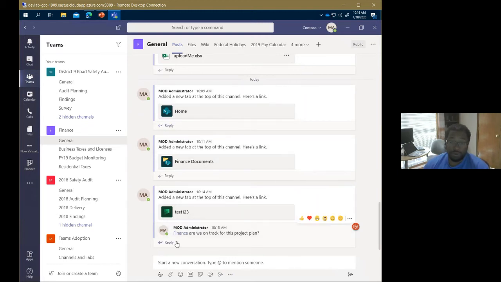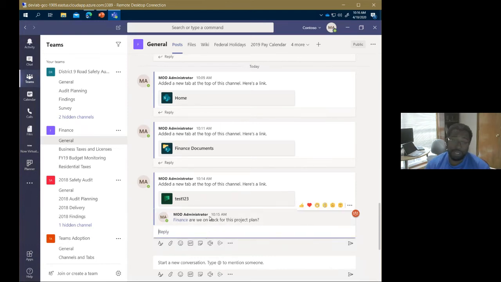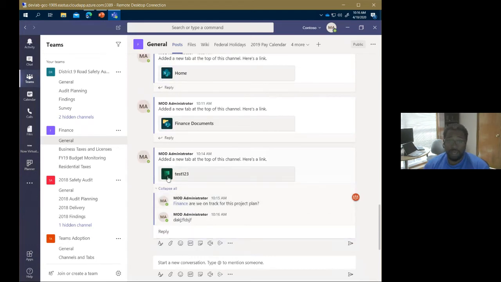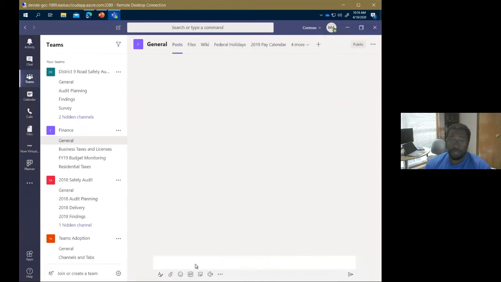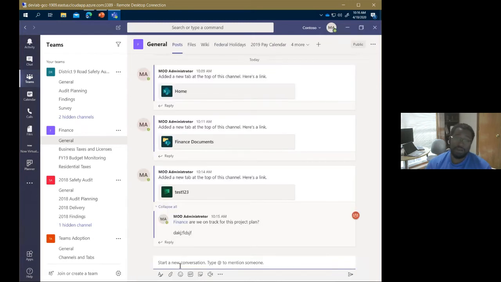So that's kind of cool. And again, I could even talk about that tab out here as well. And if somebody happened to be in the tab, they would see it there as well. So that's a nice piece to it, this ability to chat about the tab. Also, if I wanted to reference this tab or any tab, there's always the three dots and the copy link to this tab.